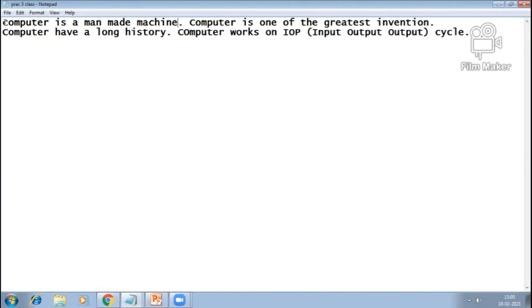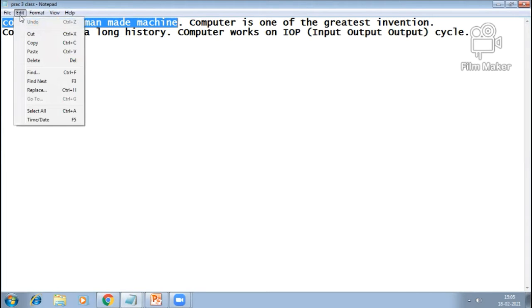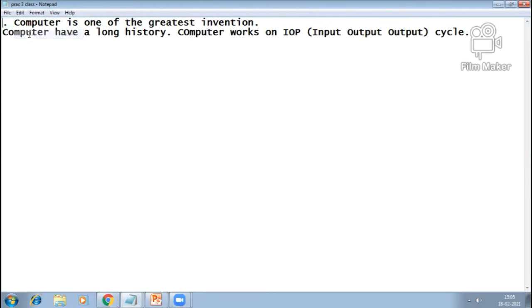As I told you, this blue area indicates that our matter is selected, and then I move to the edit menu and choose the cut option.